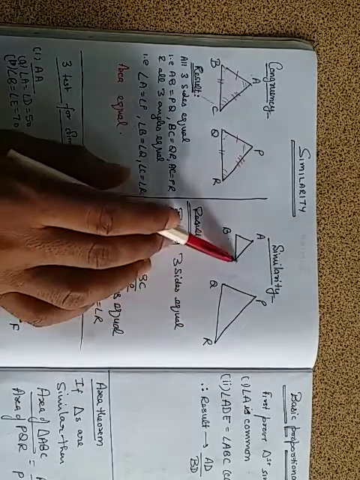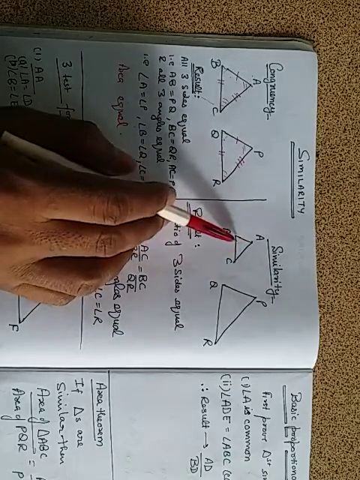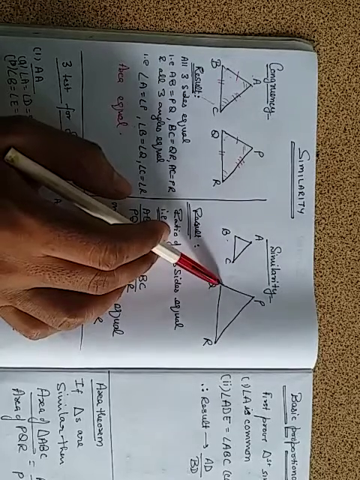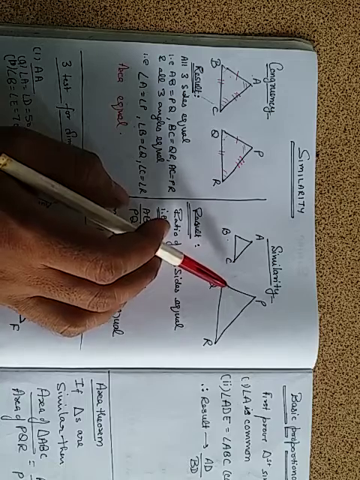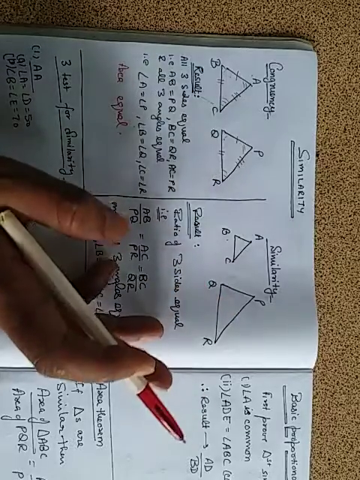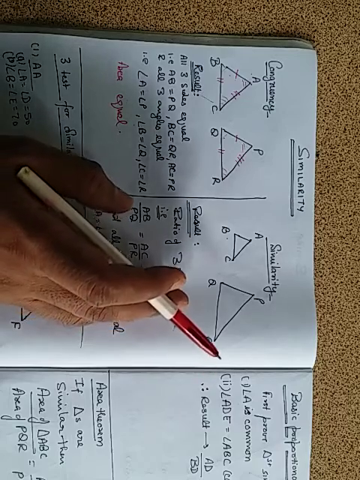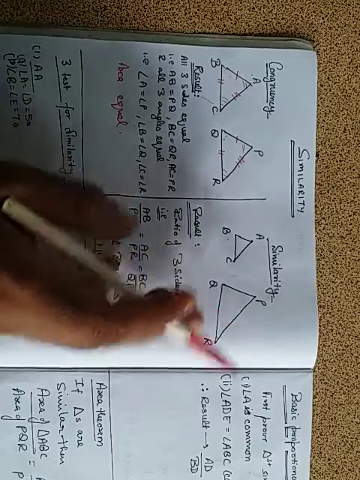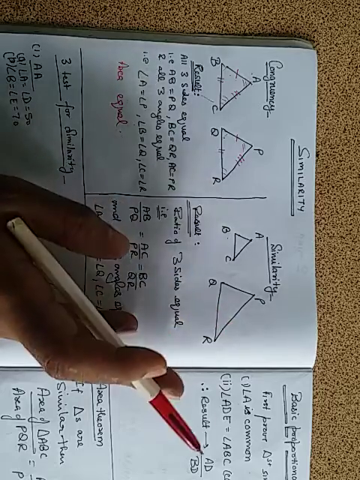Now, what is similarity? Size is equal, then only congruent. But in case of similarity, a very small triangle can be similar to a bigger triangle. Like if you are making a model of a Taj Mahal or any other monument, the actual building is very much bigger. But when we purchase a model of that Taj Mahal, it looks similar to the original monument.